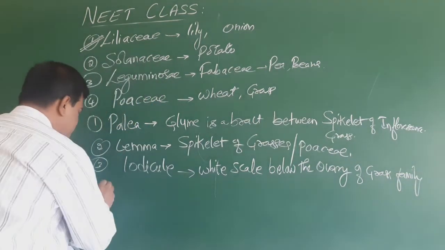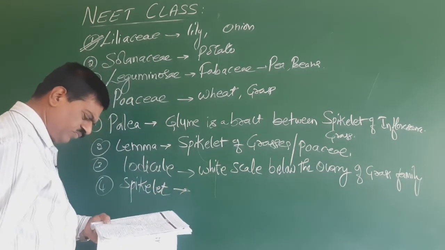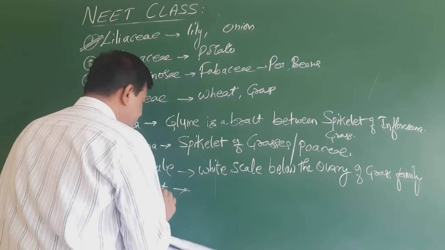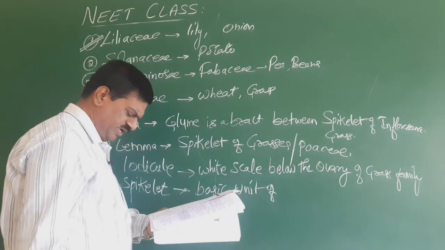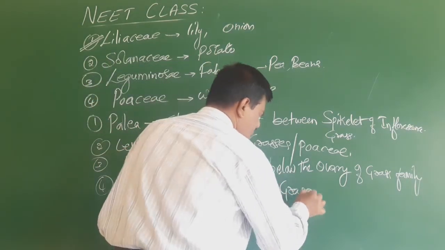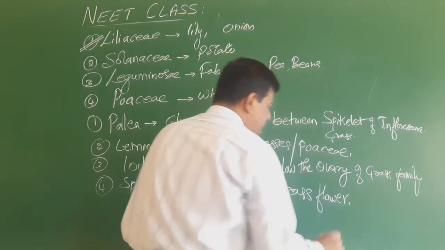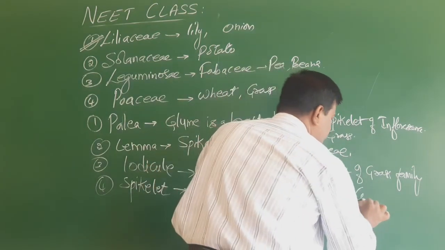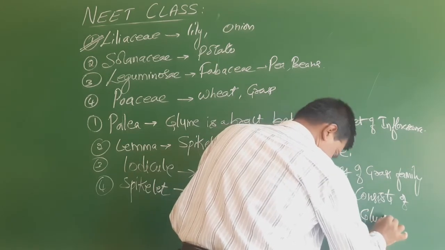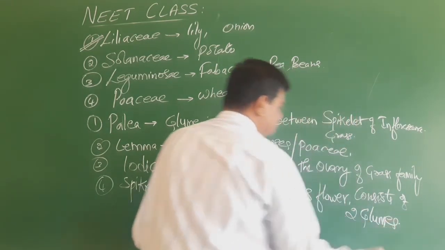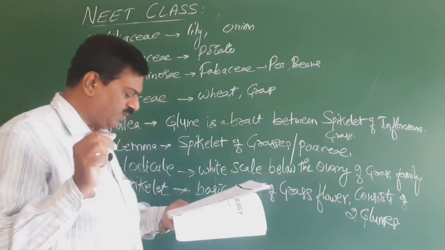And the fourth one is spikelet. This spikelet is nothing but the basic unit of a grass flower. A grass flower consists of two glumes. So these are the four options, but here the bract of the jowar plant is called